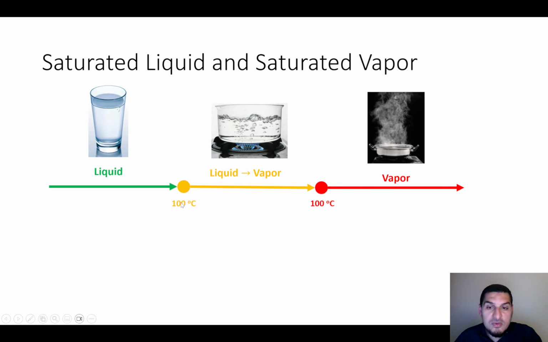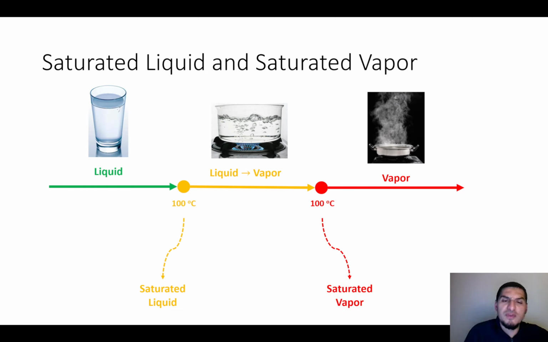So the first state, liquid at 100 degrees Celsius, is called saturated liquid. And the vapor at 100 degrees Celsius is called saturated vapor. So these two terms are very common terms that we will be using a lot in our engineering applications. This is a term that means a lot to us. When we say that the liquid is saturated liquid, it means that it's about to evaporate. Any heat that would be gained will lead to changing the phase, will evaporate part of